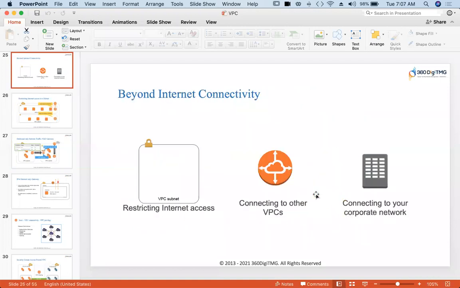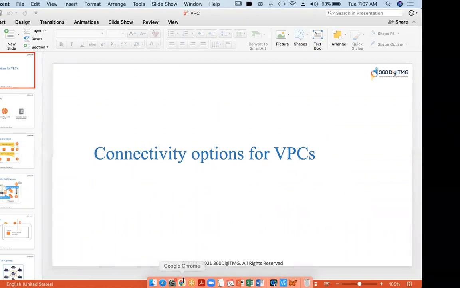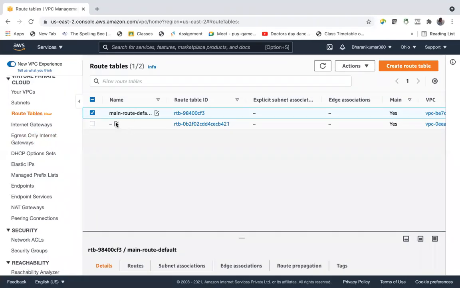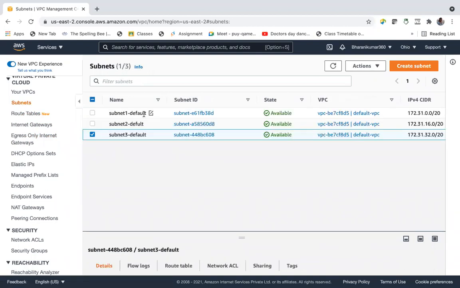So let us create one more subnet. Here I am creating one more subnet in the default VPC itself. So go to subnets. All these are anyway default subnets.